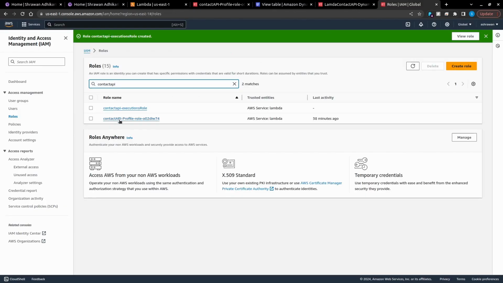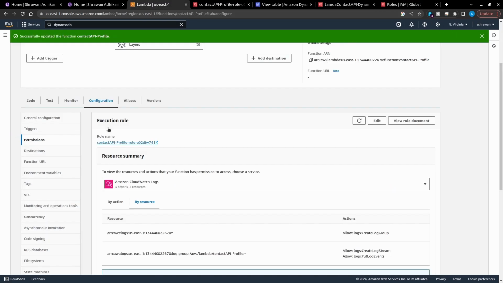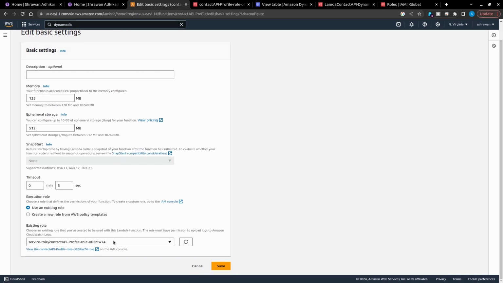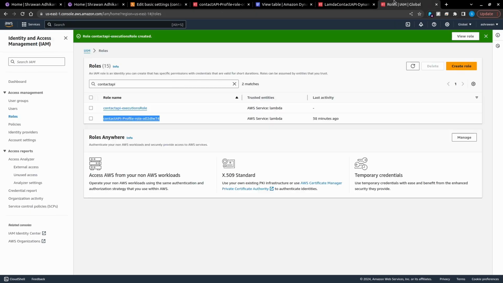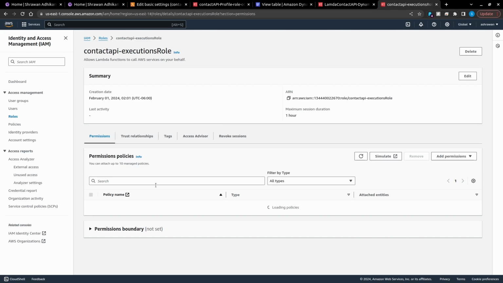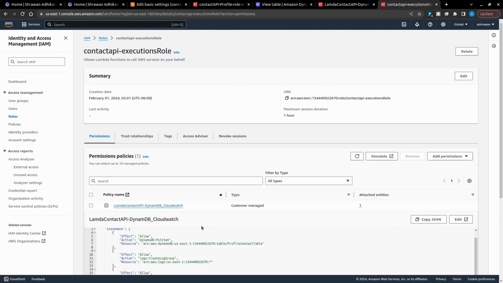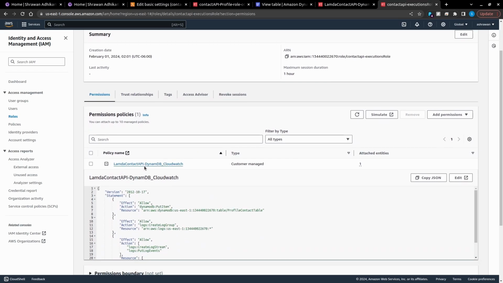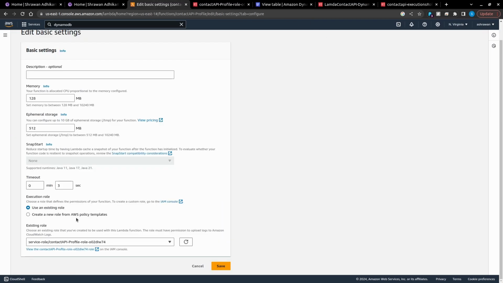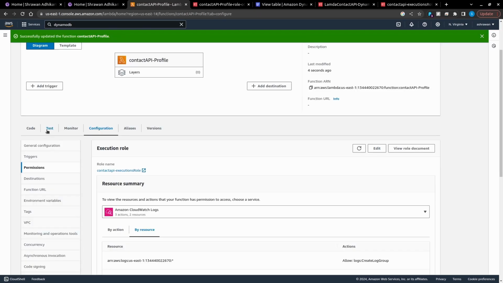Now in the roles, this was the default role, right? We saw this in Lambda, this was the default role. Now we want to create a new role, so we go to edit and change the role to the role we created. I went ahead and created this role with create role. Now this role will have one permission: Lambda contact API DynamoDB CloudWatch. So it will have this execution. This is the policy that we created earlier. Now I can go here, refresh, and click on the new one I created, contact API execution role. Let's save this. Now if I go back to test,